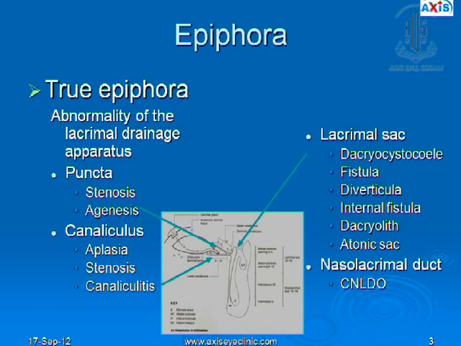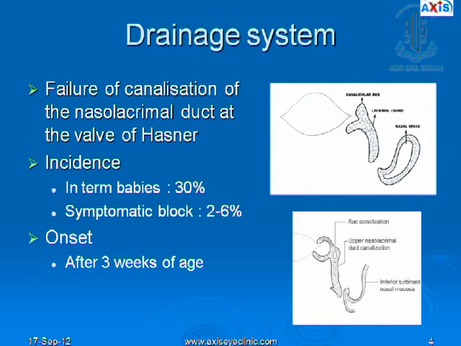In the sac, one could have a dacryocystocele, a fistula, a diverticula, an internal fistula or dacryolith or an atonic sac. All this can give rise to epiphora, and nasolacrimal duct problems like nasolacrimal duct obstruction in a small child. So what exactly happens? There is a failure of canalization of the nasolacrimal duct at the valve of Hasner in these cases. So this particular problem will actually give rise to the commonest problem of nasolacrimal duct obstruction, that